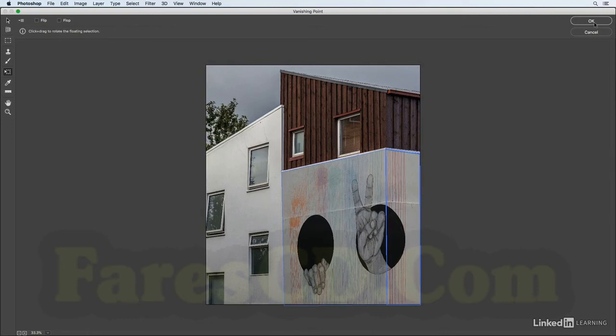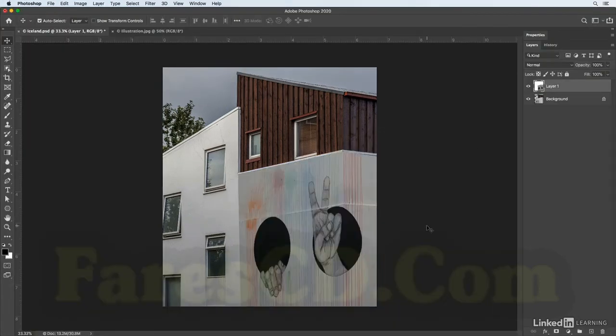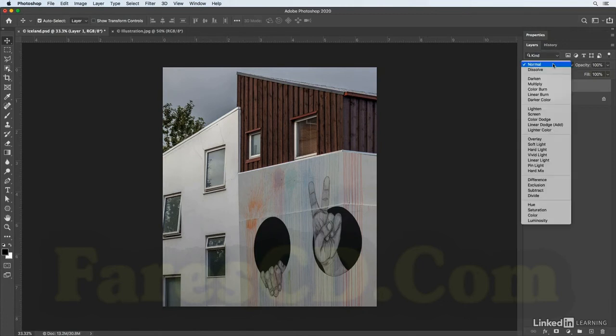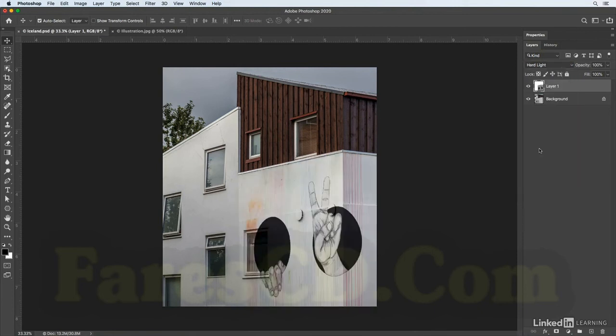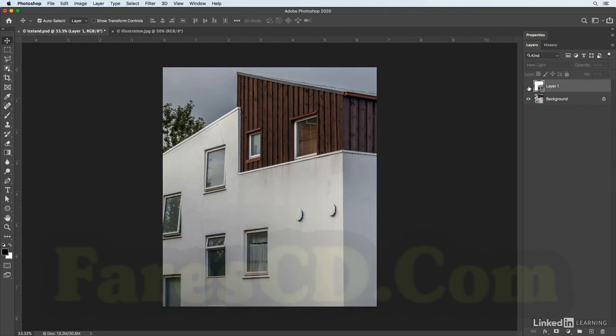Of course, the problem is that while it did wrap around the corner of the building, we can't see through that layer. So I'm going to change the blend mode using the Layers panel, and I'll just switch this to something like Hard Light. Then in order to make it look a little bit more realistic, I want to hide it from the window area, so I will toggle off the visibility on the Layers panel, then zoom in using Command plus,